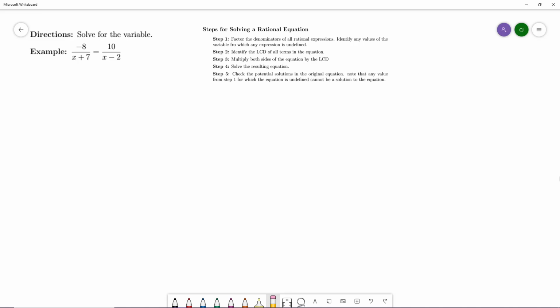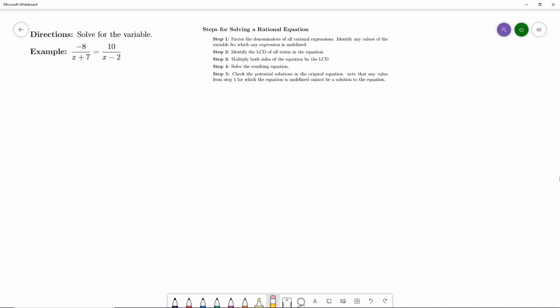Alrighty, everyone. So the very first example that we're doing today, we want to solve for the variable of the following equation. I'm going to show you guys two ways. The very first way is following the steps for solving a rational equation. So looking at step one, we want to factor the denominators of all rational expressions. So that step is already done. Right? And the second part of step one, we want to identify any values of the variable for which any